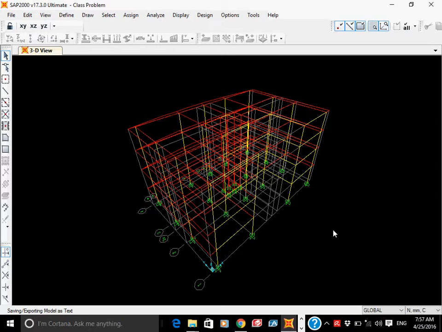If you have identical floors, you can export only one floor. But if you have a non-identical floor, for example, your second floor is different. When I say the floor is different, it is more about the geometry and the location of beams and columns.